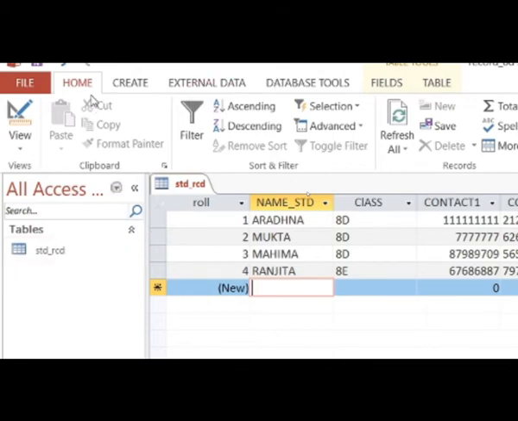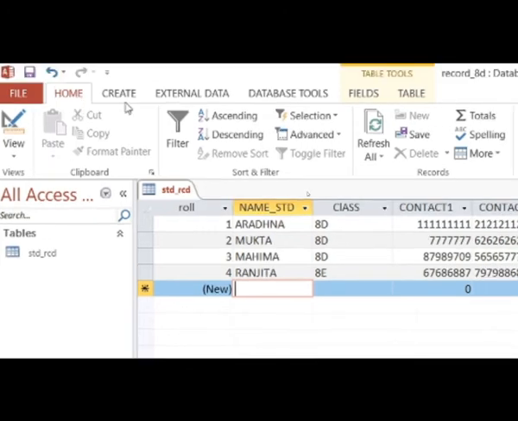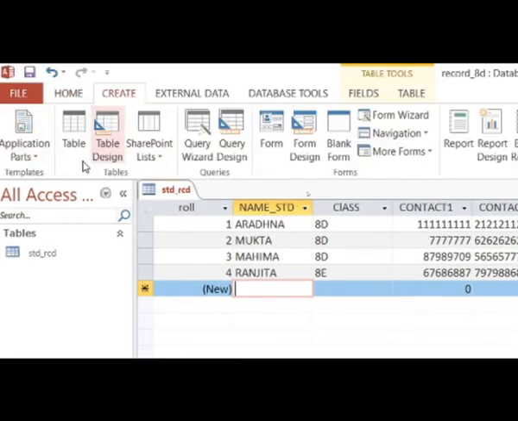Yes, now let us see what all we can do with this table. This was such a hectic way to insert the records. We have to take care of the field names every time. Once we type, we again check whether we are putting it under the correct heading or not. So for that, we can also insert through forms.